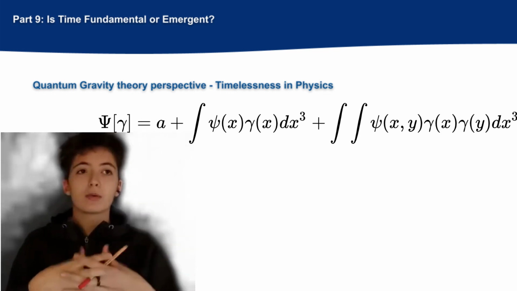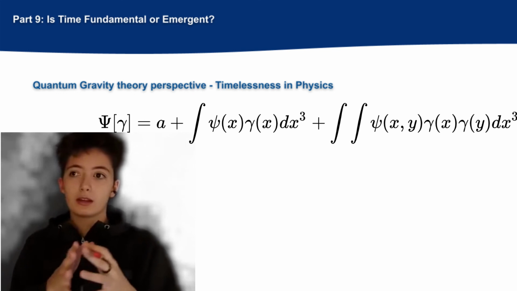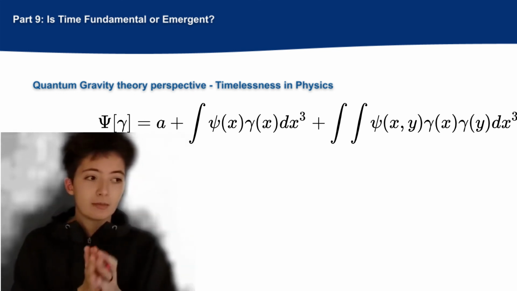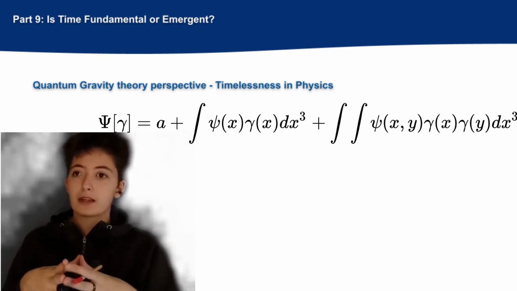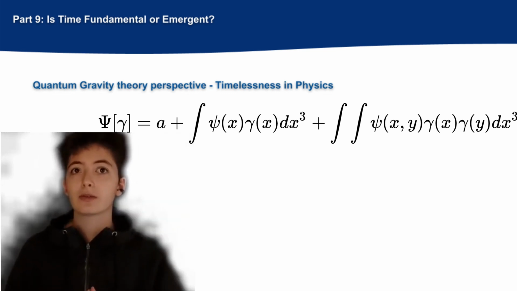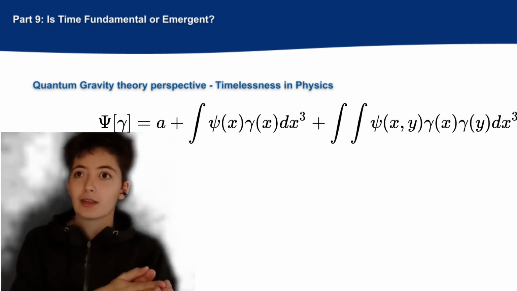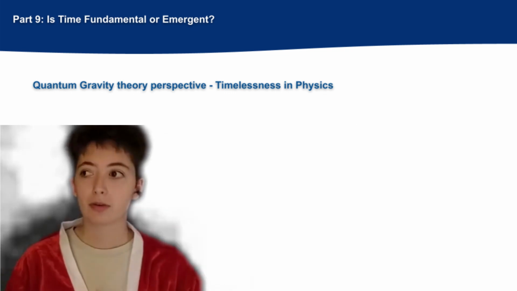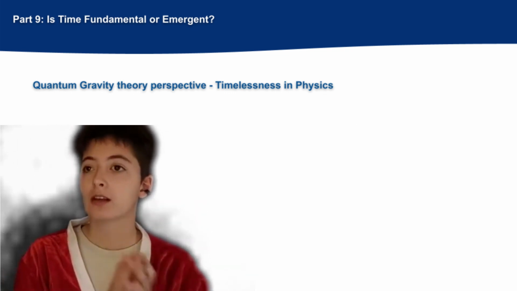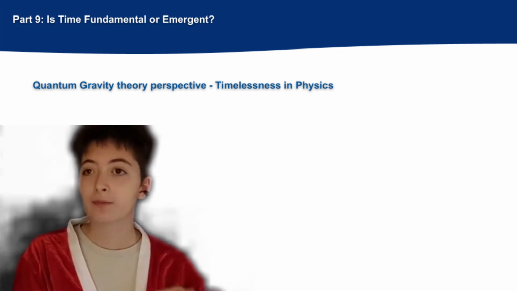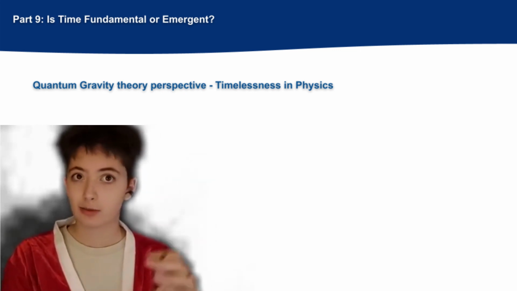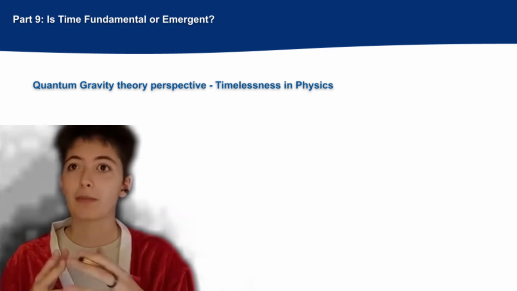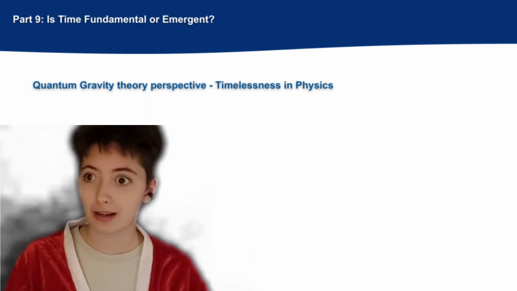Its solution is a wave function defined in a three-dimensional space which doesn't depend on time. In this deterministic equation, the geometry of the entire universe seems to be perfectly defined without the inclusion of time, which is a surprising result. Furthermore, if we apply momentum constraints to the WDW equation, we can obtain the Schrödinger equation. And well, this would mean that the Schrödinger equation is a particular case of the WDW equation and not the